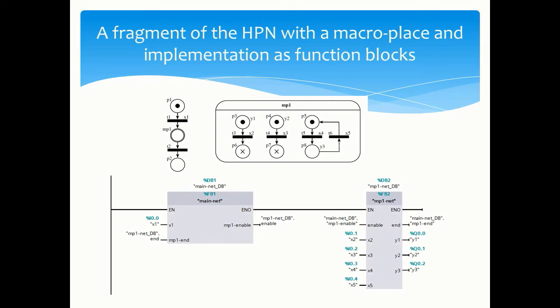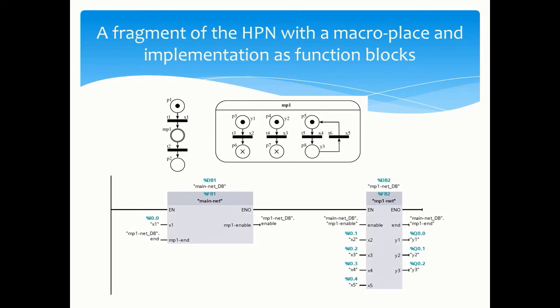Implementation of such a task with the use of Siemens TIA Portal PLC engineering software and LD ladder language is shown. The implementation must be carried out with regard to the operation of the HPN network. Each of the networks, including the core network, can be implemented as a separate function block FB with an associated data block DB. This will ensure the program code encapsulation and will allow to use such a program structure in